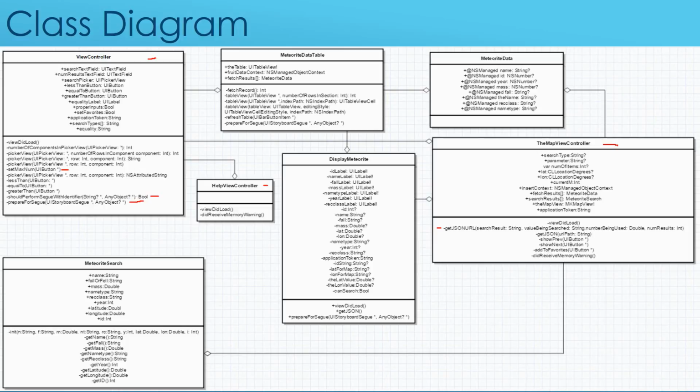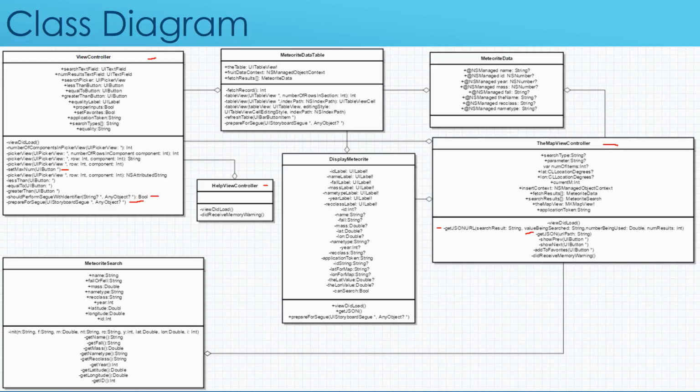And so once it had generated a URL, it would call the function getJSON, in order to get the meteorite information pertaining to the user's queries and parse the data from the JSON object obtained from the API. Now all the results would be stored in an array of type meteorite data. So the meteorite data is the model class, which I'll be getting to later, or no, they would be stored in meteorite search, sorry,